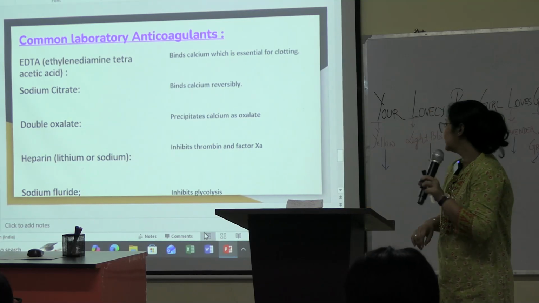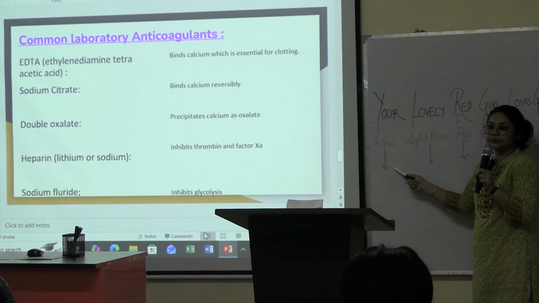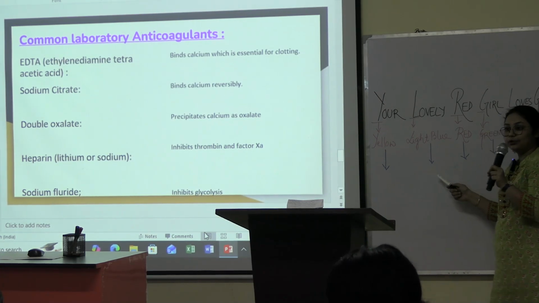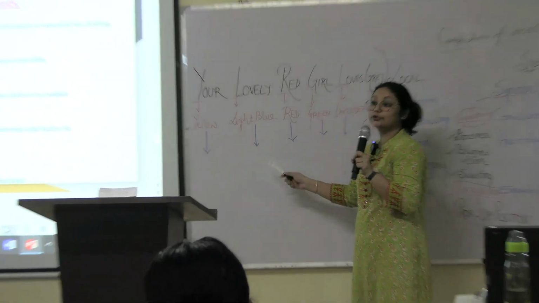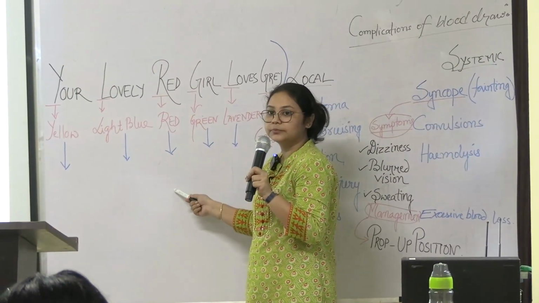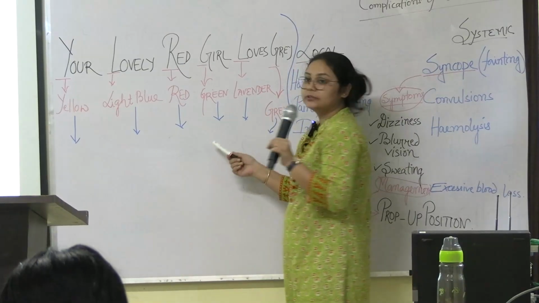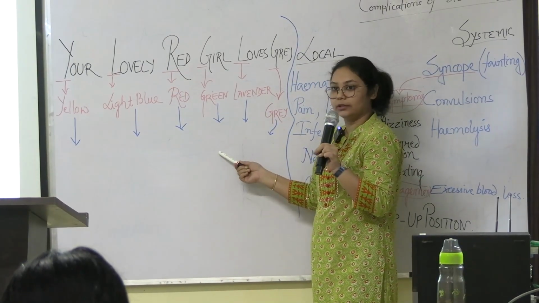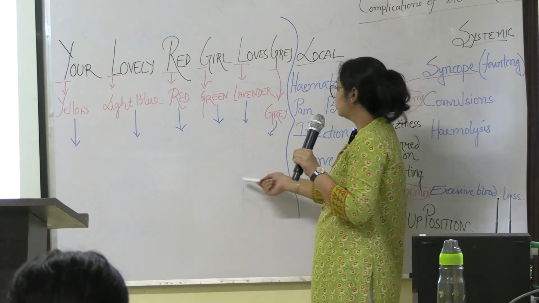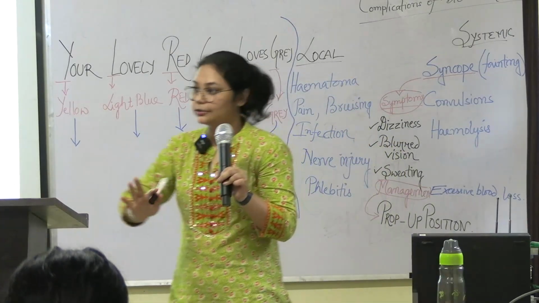Okay. Now, what is this yellow for? Can anyone tell me? For blood culture tubes. Okay. This light blue for sodium citrate. Okay. This red one, there for serum test it is needed. Okay. This green. Very good. This lavender. Gray one. Okay. Very good. I think you have understood.